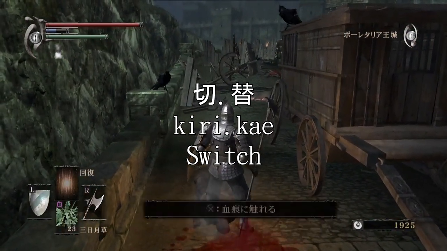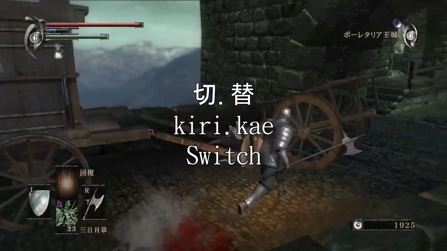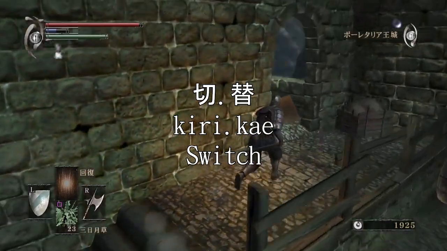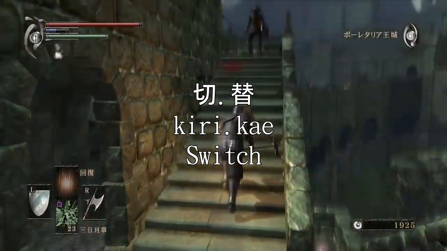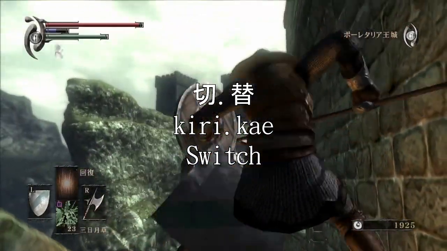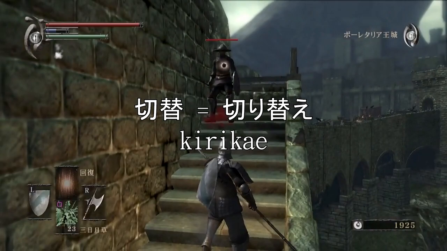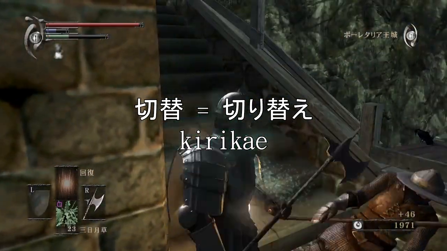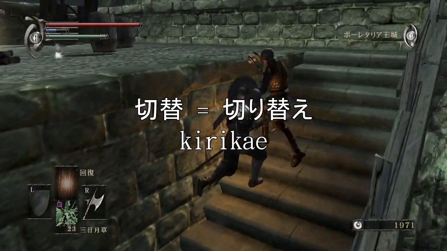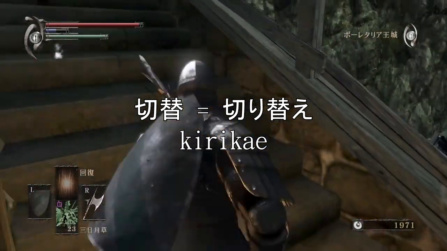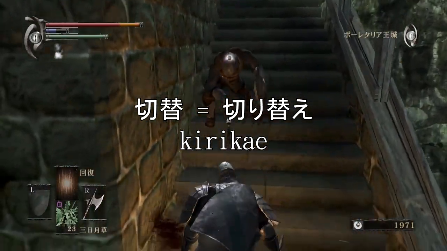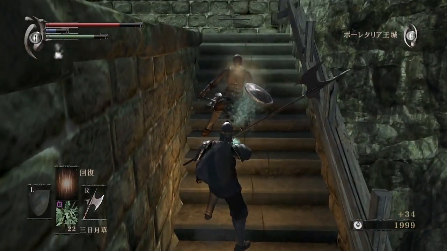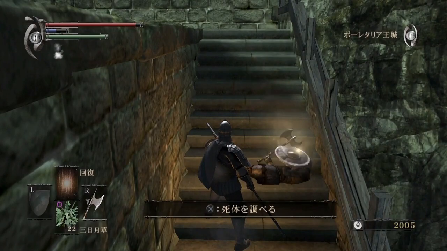Kirikai. Switch. Kirikai is a kun compound, and it's what I sometimes refer to as an accordion compound. Like an accordion can be stretched or compacted, so too can these words be written right next to each other, adjacent with no kana showing, or you can stretch them out and have one or more kana in between them or spilling out of the back. Both of these forms are the same word and mean the same thing. It's just a matter of choice and style whether you use one or the other.